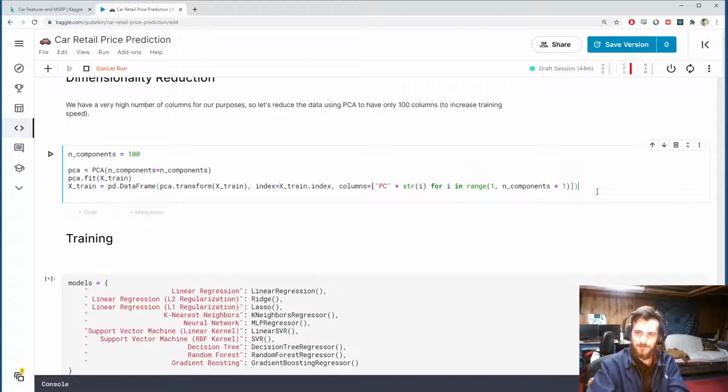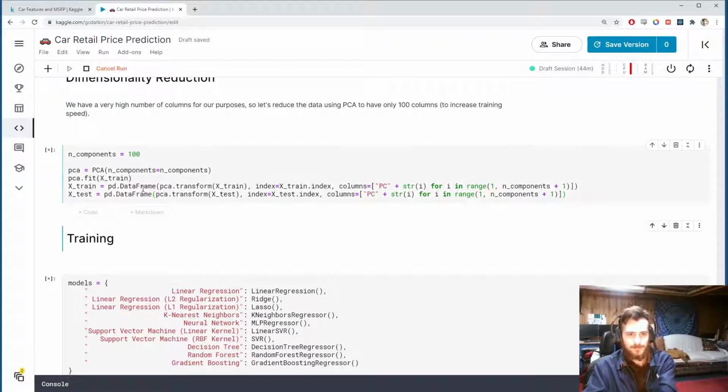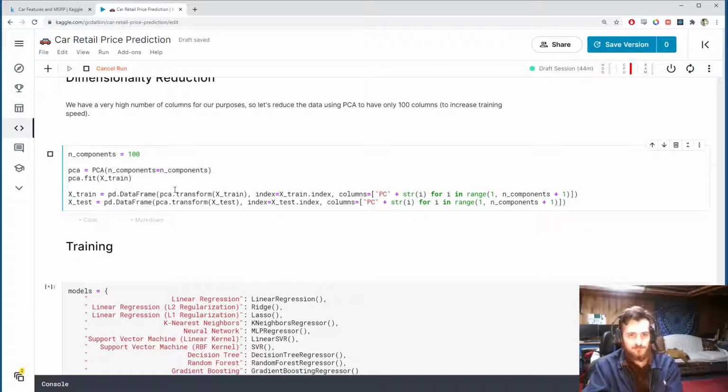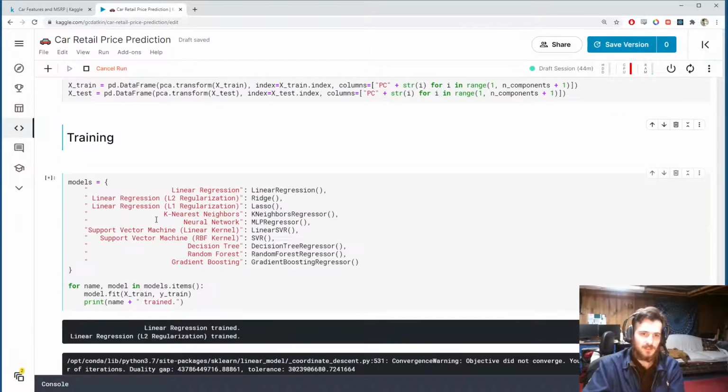Oh, whoops. So we'll just change these to xtest and perform the PCA. Now this might just take a moment. It won't take too long. Definitely not as long as this will take. And